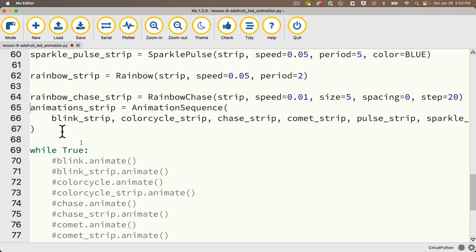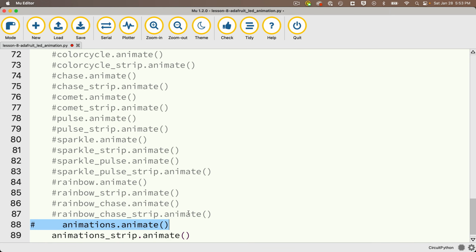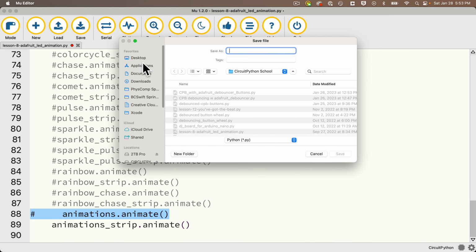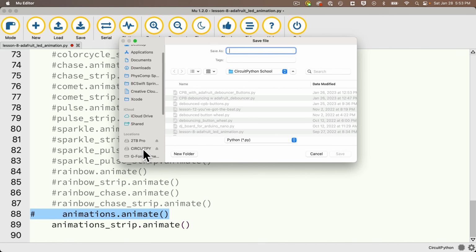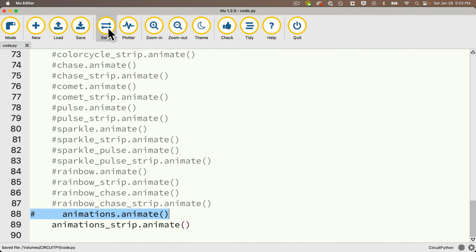Then down here in the while true loop, I'm going to click on the second line, that's animations.animate, and I'm going to Command K to comment that out. Although I really should delete this because I just got rid of the animation sequence. Then I'll double click on my tab, find and select my CircuitPy volume. That's my Pico board. I'm going to save over the existing code.py file here, open the serial console, and